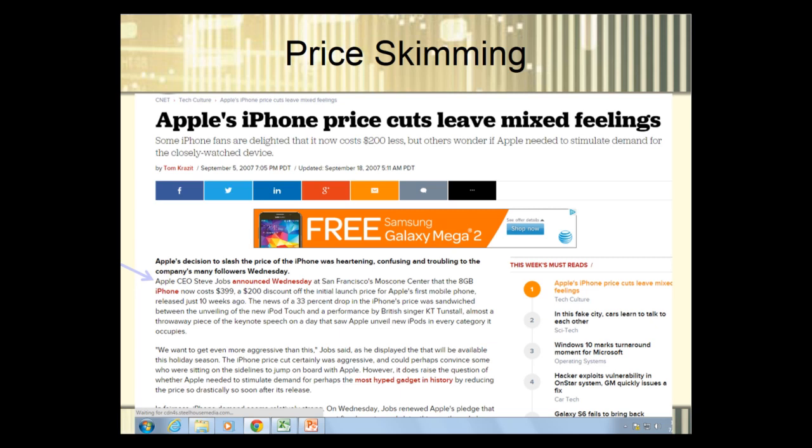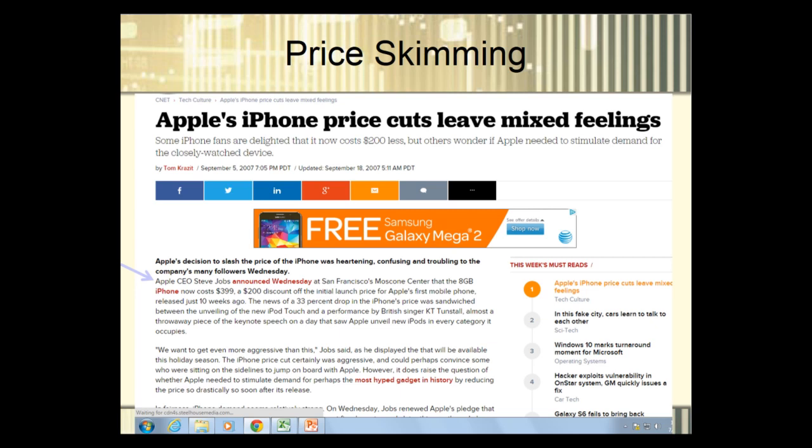At the same time, another completely different thing is going on. They're learning more about making it, and so their costs are going down. So some of the lower price is truly a result of cost savings as a result of the learning curve, but it's also because of this phenomenon of price skimming.